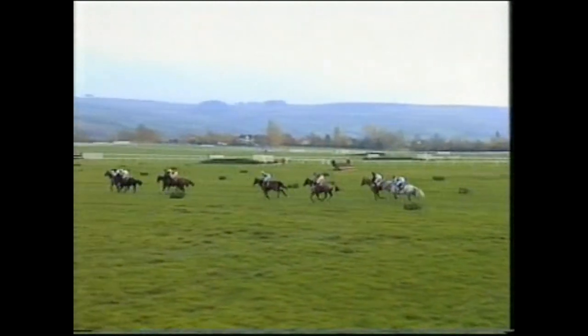Up and over the bank, smooth as anything. Oh, another faller. The bank has claimed the only two fallers so far. And that faller was Leghorn. Simon McNeil's on his feet, and the horse seems to be okay. They race away then and head towards fence number 15, a ditch and bank, and they're crossing again roughly by